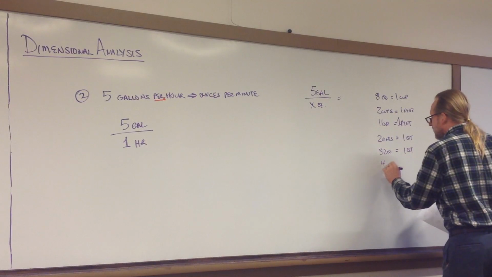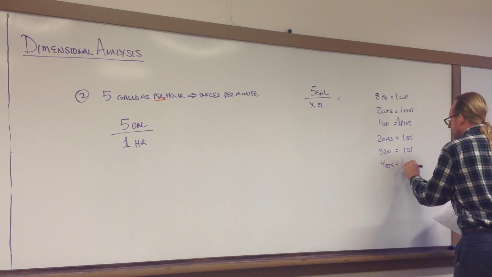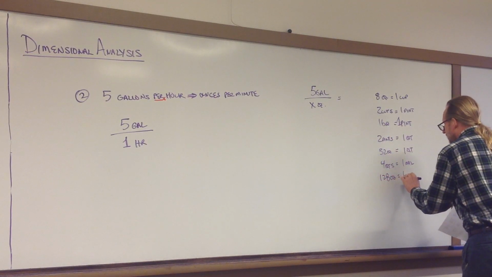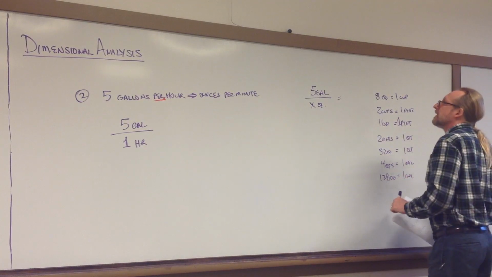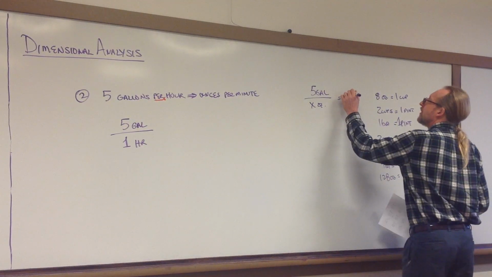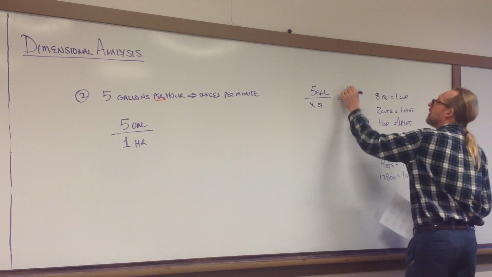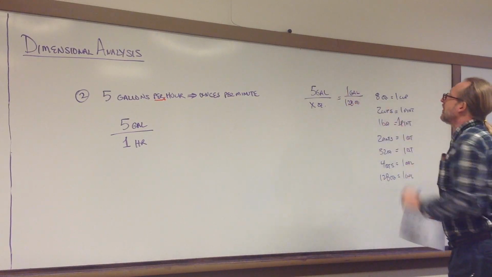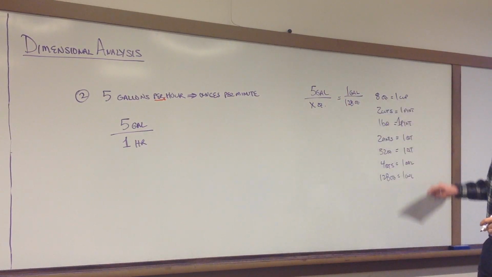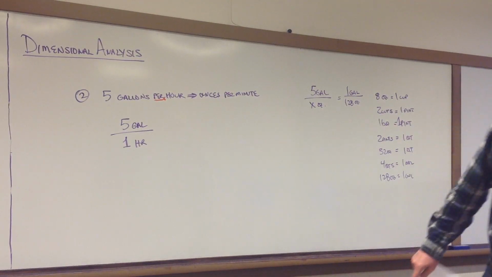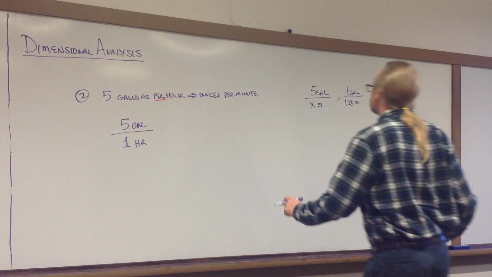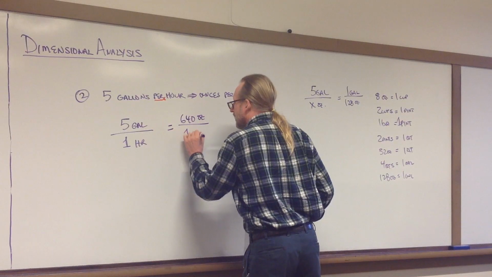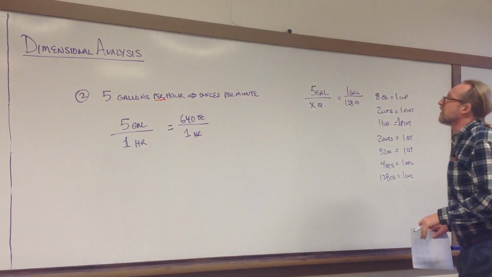And then the last part here is that 4 quarts is 1 gallon, and so if we do 4 times 32, we'll get 128 ounces to be a gallon. Okay, so we know that 1 gallon is 128 ounces, and if we cross multiply and divide by 1, we'll get 5 times 128, which comes out to be 640. So this is 640 ounces in 1 hour, because we haven't done anything for the hour yet. Okay,